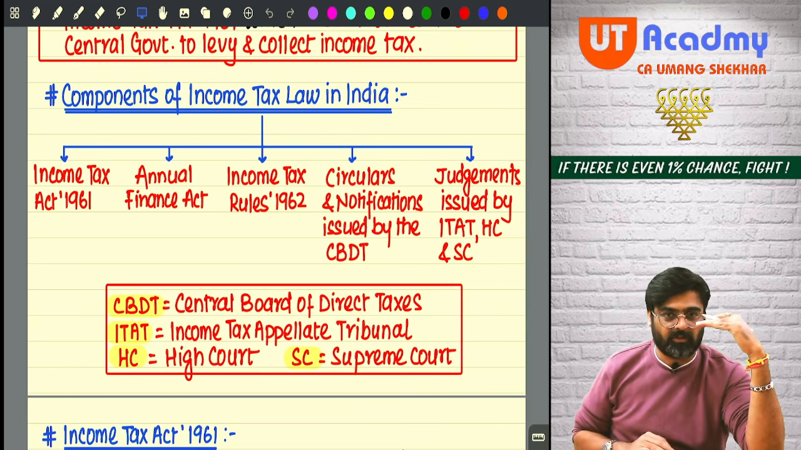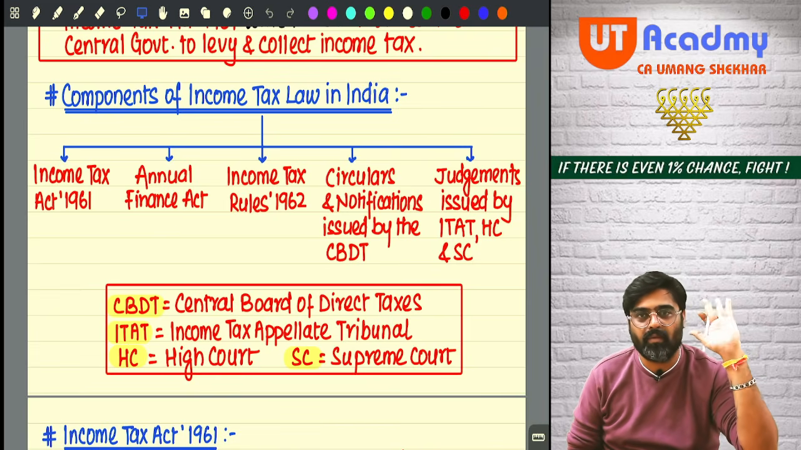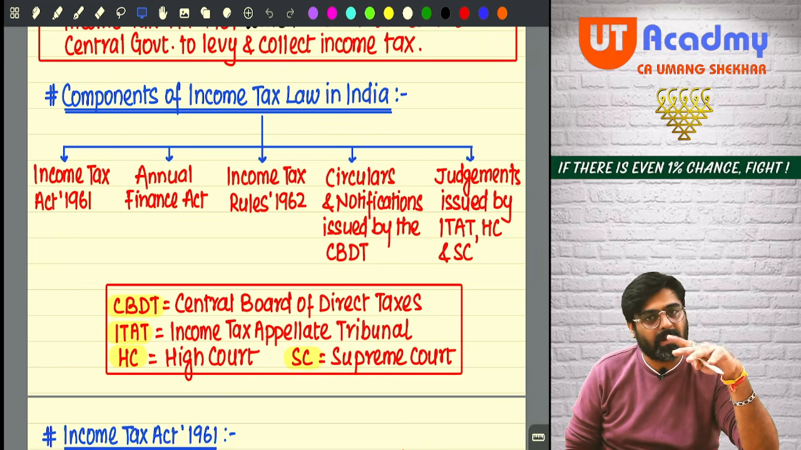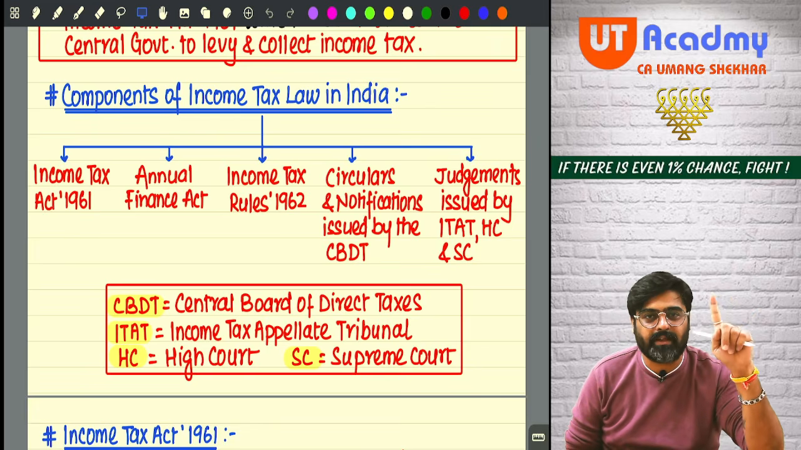So what will be our base? Income Tax Act. We are going to study Income Tax Act only, 1961. But wherever required, we are going to study all these things together. So let's start with Income Tax Act,